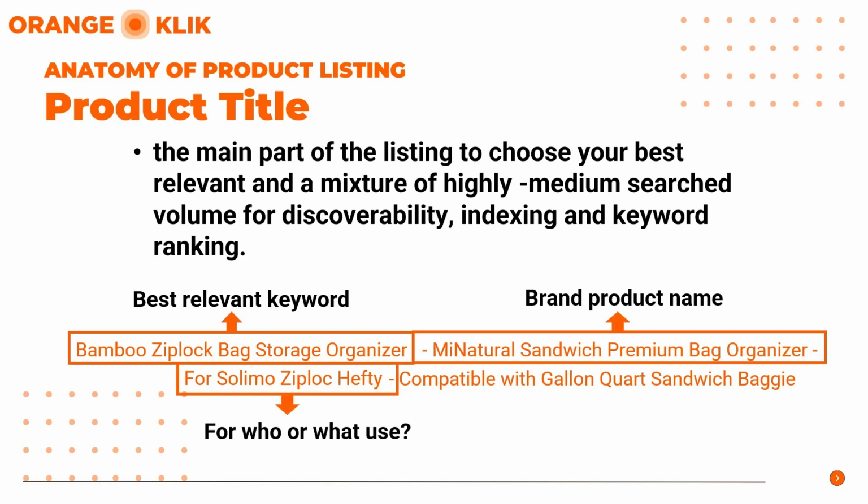And then the main benefit or feature that we are highlighting here is that it is compatible with gallon and quart sandwich baggies. So this right away will set you apart from your other competitors because you're already targeting the most common negative reviews that your competitors are currently getting, which is not being compatible with gallon or quart sandwich baggies. So this will register as a clear message to the customer and will answer right away what they were looking for. So these are the general Amazon guidelines for the product title.